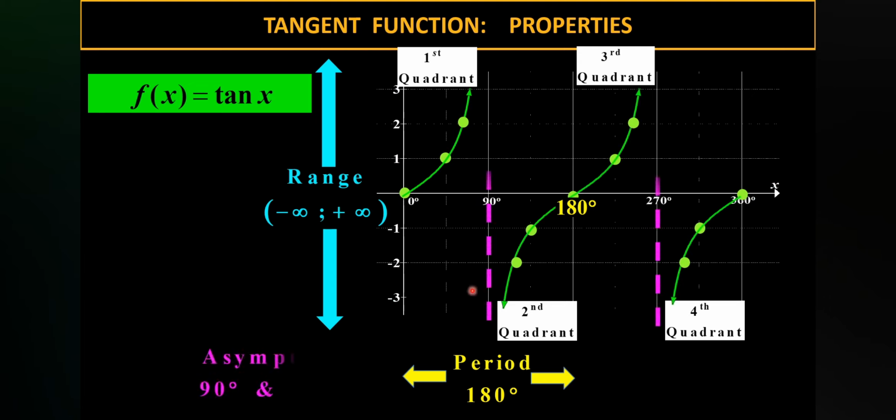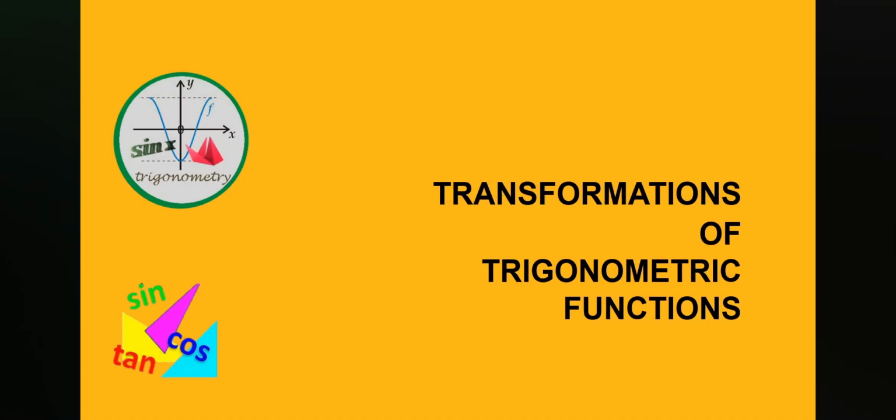Tangent is undefined for 90, and we refer to that as an asymptote, right? So there are two asymptotes, one at 90 and one at 270, right? You can see between 90 and 270, again, it's 180, right? Same period there. Now, let's look at the transformations of trigonometric